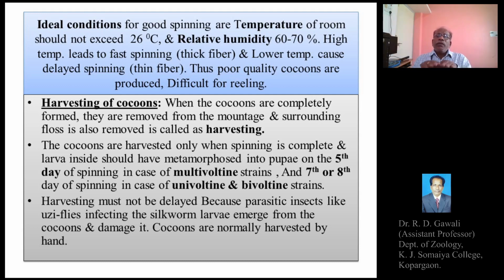the fifth instar larvae or mature larvae, which we transfer from the feed bed to the mountage, are sluggish, have stopped their feeding, and their alimentary canal is empty. They become translucent or transparent, yellowish in appearance, and have been transferred to the mountage to allow them to spin the cocoons. So after their transfer to the mountage, they start spinning the cocoon.